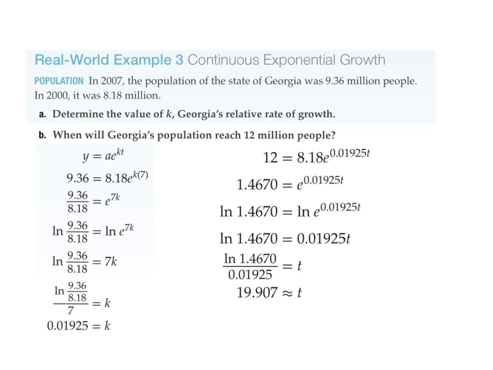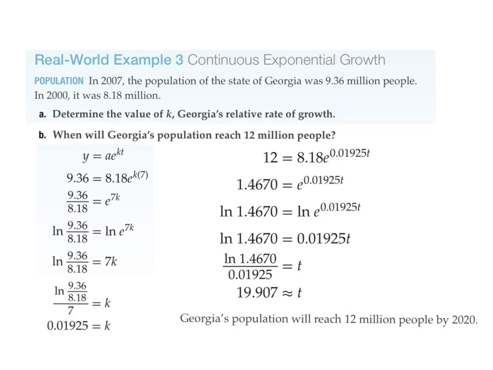We're talking about years again. So what we figure is that it's going to take about 20 years for Georgia to reach 12 million people. Now, it doesn't say how long will it take. It says when will Georgia's population reach 12 million. So 20 years from the starting year, what was the starting year? You should have answered that. Yes, it was 2000. So in 2020, which now is a year away from us,